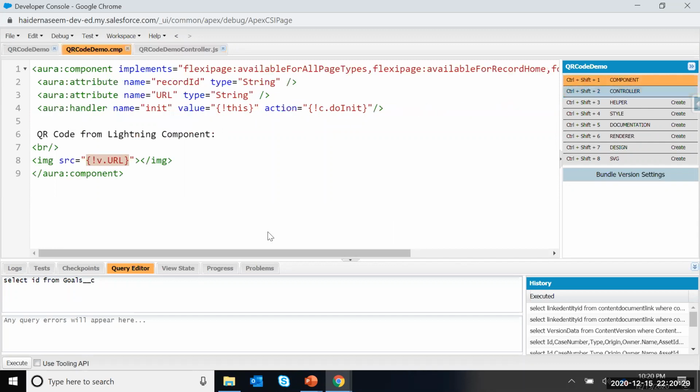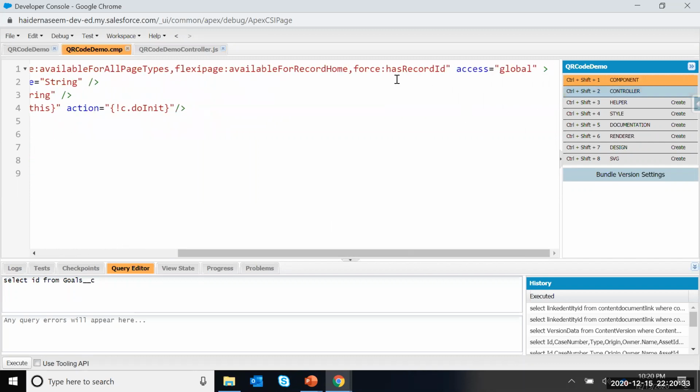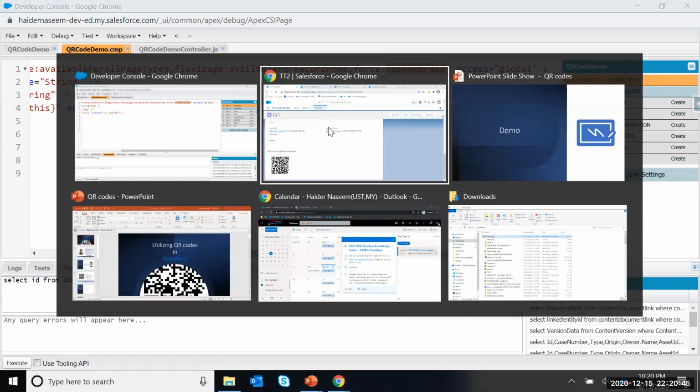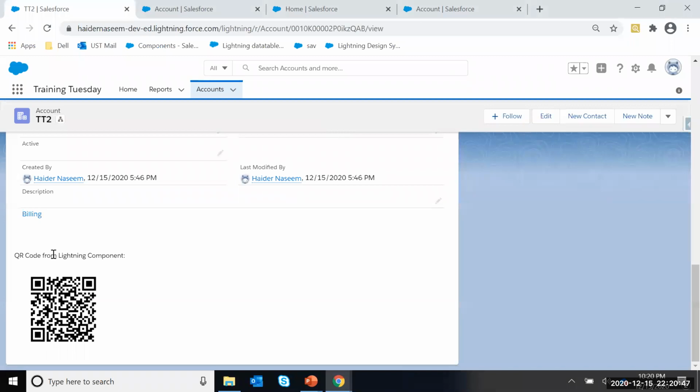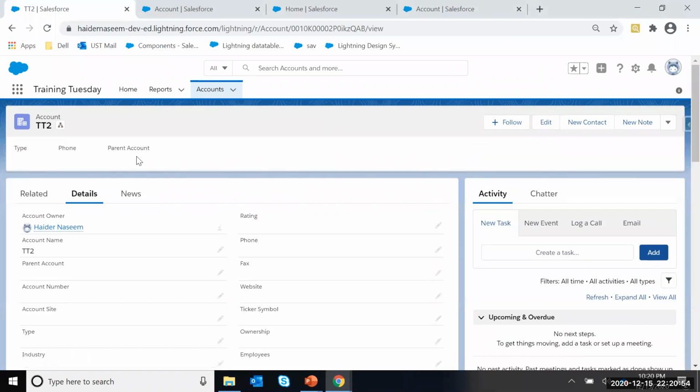So we have all the necessary interfaces in our Lightning component, and the most important one, of course, is the hasRecordId, which would allow us to fetch the ID of the record on which this component is placed. So if we come back to the record, you can see that this Lightning component is displaying our QR code just fine.